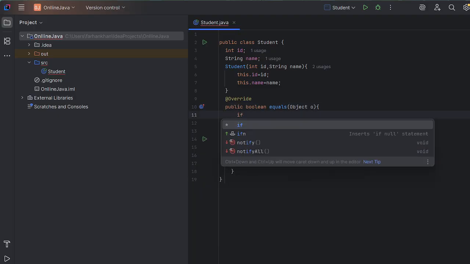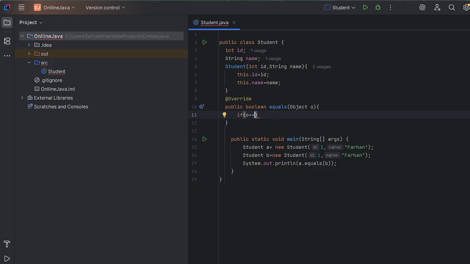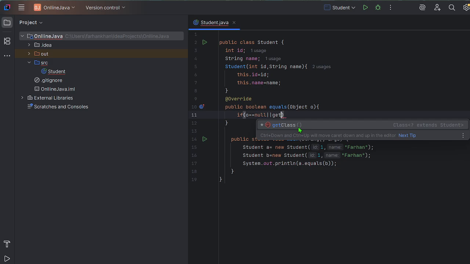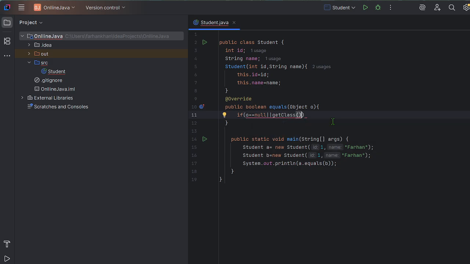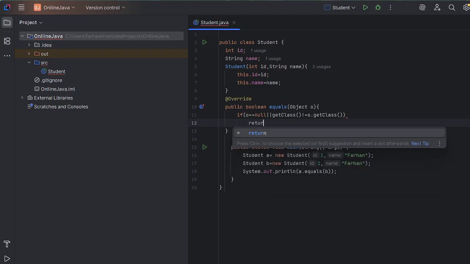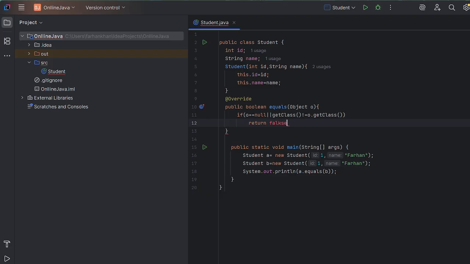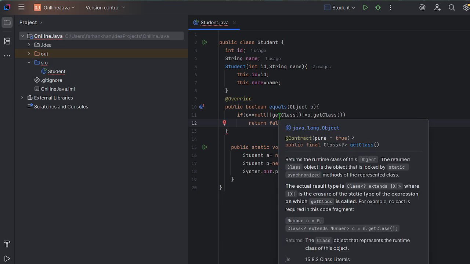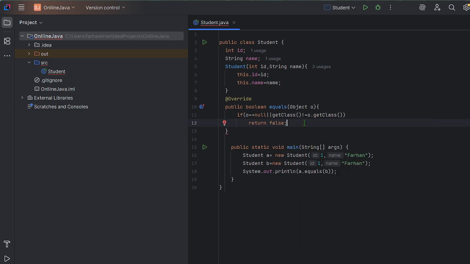So we will check that this object reference is not null, and the class name should be the same. If the object is null and the class name is also not the same, at that time we will